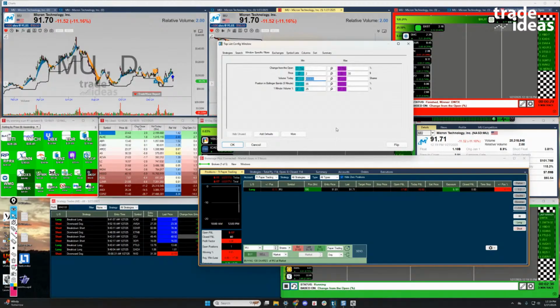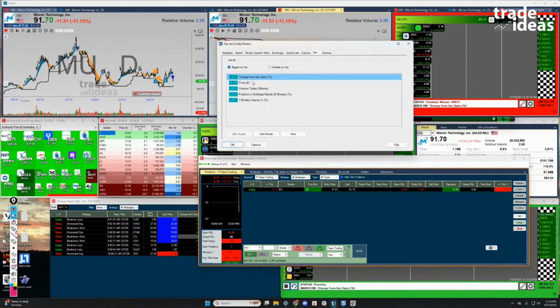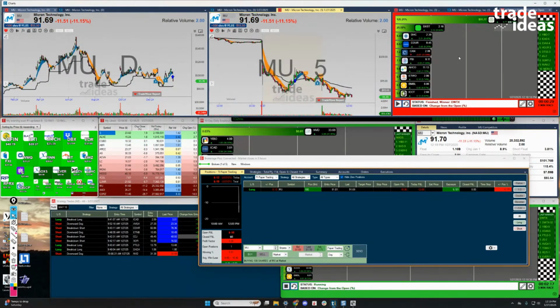And then I can decide from there: not liquid, yes liquid, like the chart, don't like the chart, doesn't work for my risk plan, does work for my risk plan. So that's the basis of that going on right there. And then once the scan has found those stocks, I say, all right, scan, I want you to sort it with the ones that are up the most from the open at the top. That's how I want them displayed. And so it's the top list component of it here.